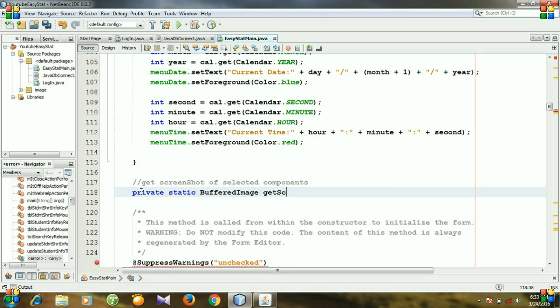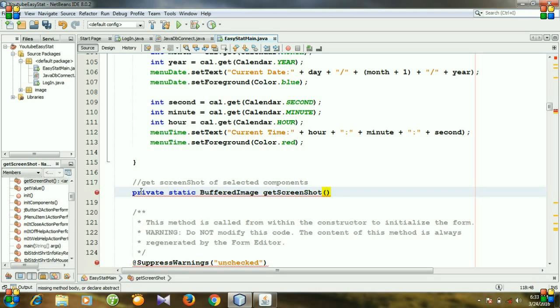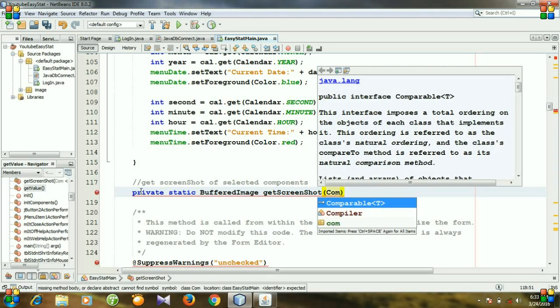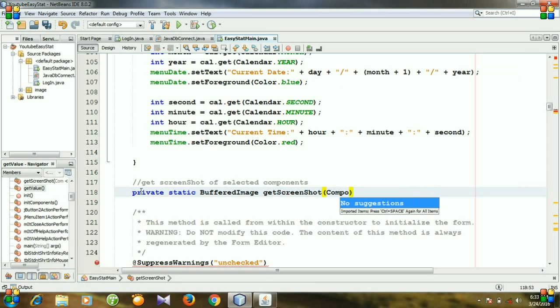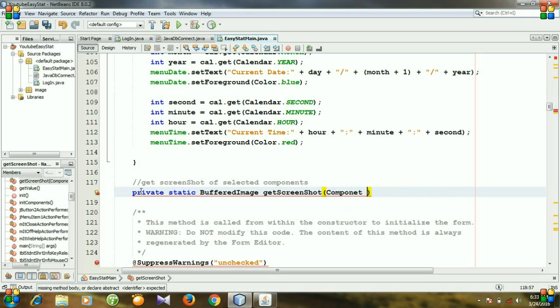and the method name could be like getScreenshot, and we need to pass arguments like component type, and I am writing it as com.